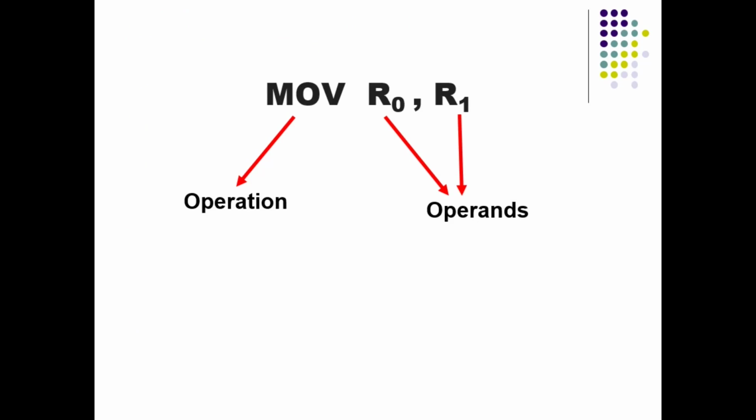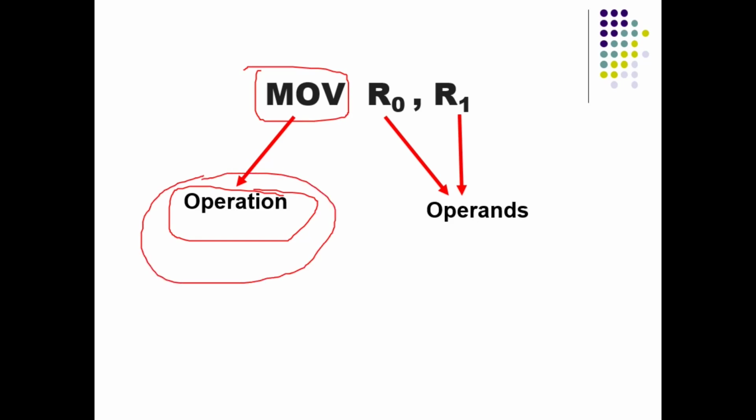Before studying addressing modes, let us see some basics we require to understand them. Throughout this topic, whenever I say an operation, that is nothing but the instruction that has to be executed. For example, here the instruction is move, transferring data from one register to another register. So the operation is data transfer. And what operands do we require? Two registers. One is the source register and one is the destination register.